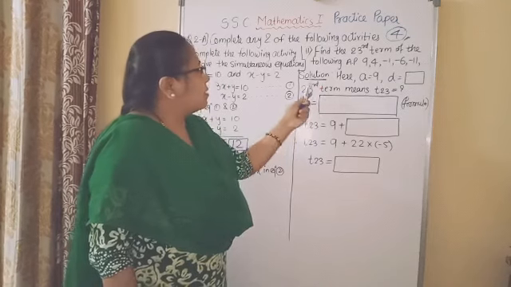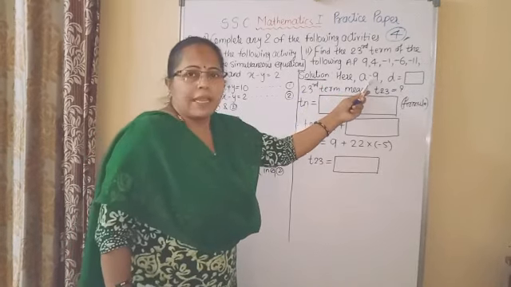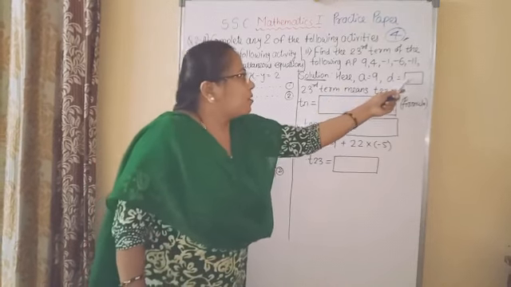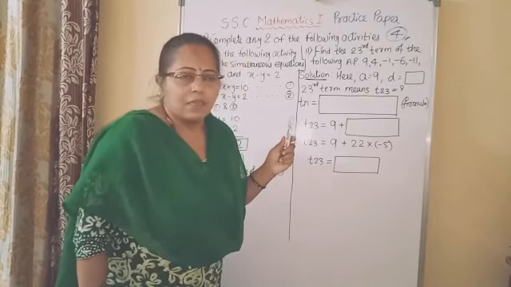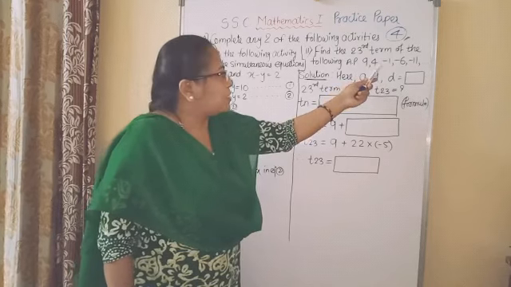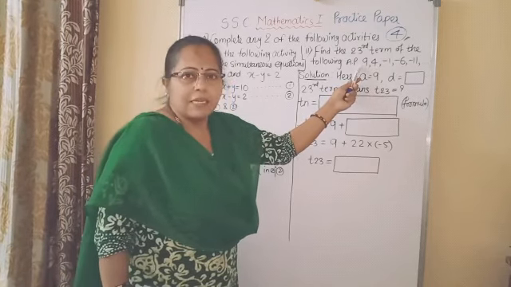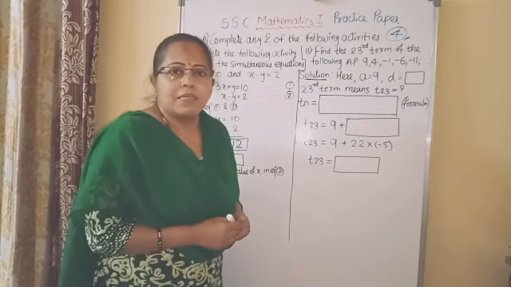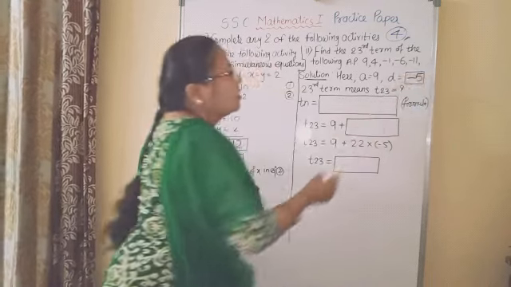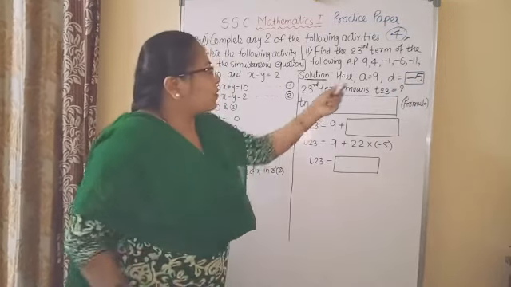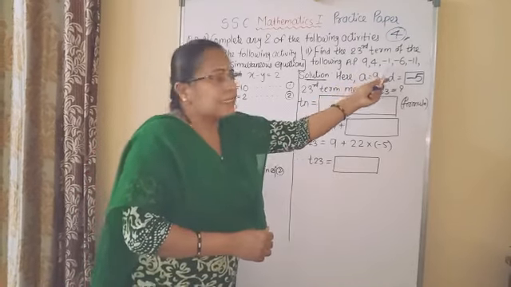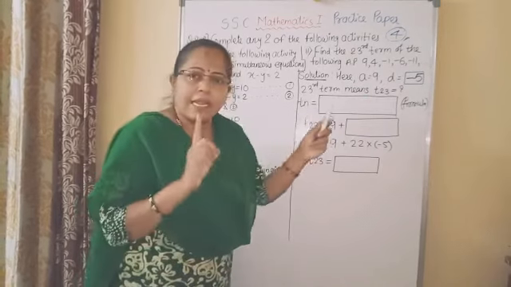So solution is given. Here a is equal to 9. a means the first term which is equal to 9. d equal to box. We have to find d. So how to find d? t2 minus t1. That means 4 minus 9. So 4 minus 9 is equal to minus 5. So write here answer minus 5. Okay. See, or you can imagine the terms are going in descending order. So when terms are in descending order, common difference you will get negative.